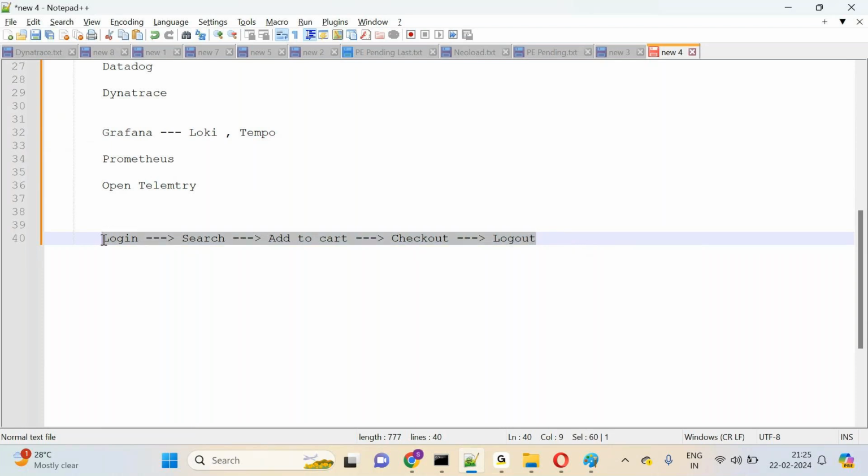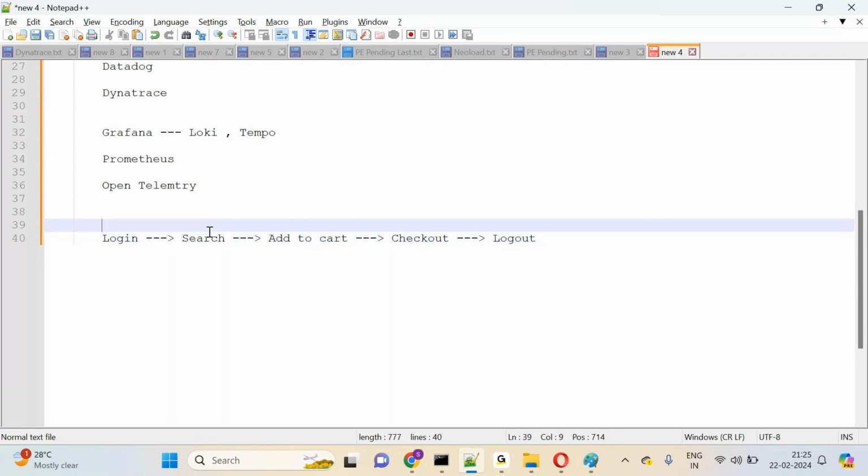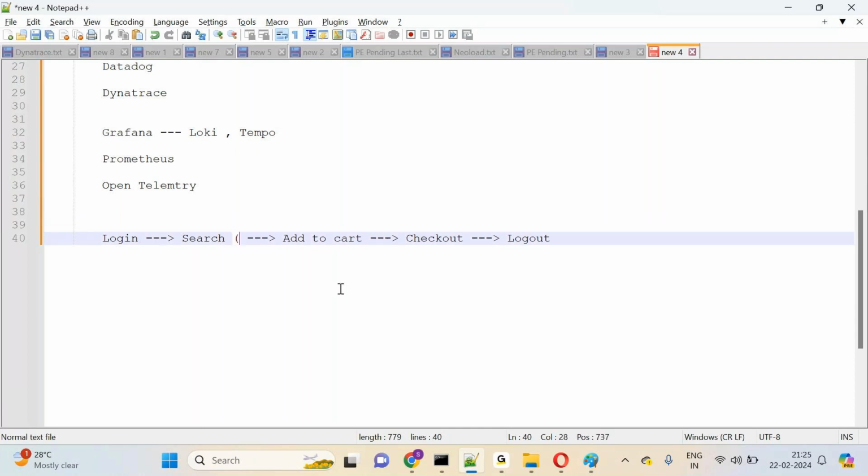After performing this activity, you are saying the search transaction is actually taking 15 seconds. If you tell the stakeholder in this way that the search transaction is taking 15 seconds, what reaction will you get from the stakeholder? Definitely they will not be interested. So what reply will your stakeholder give you? The stakeholder will say, boss,